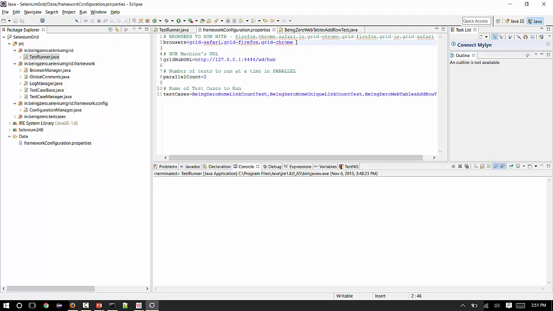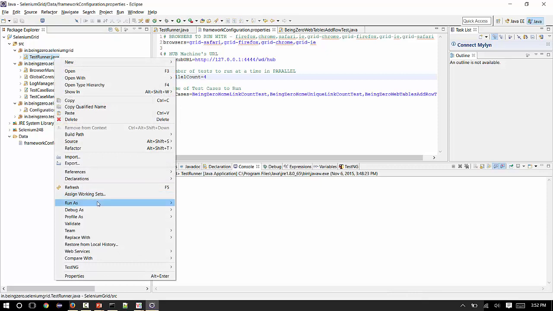Now let's go and make changes to our configuration here. We set all the 4 browsers, 3 test cases to run against all the 4 browsers, and for the parallel instance count let's make it 4, because at one time 2 tests can run on Mac and 2 tests can run on Windows. So we have made the parallel test count 4. Let's go ahead and hit run